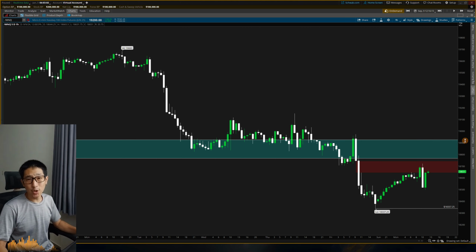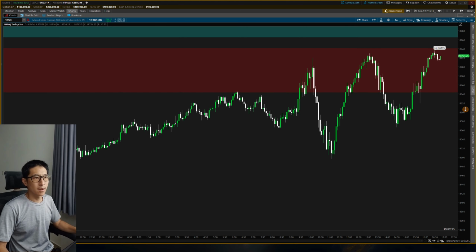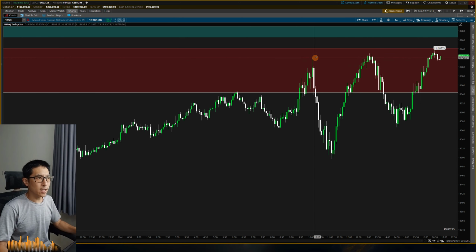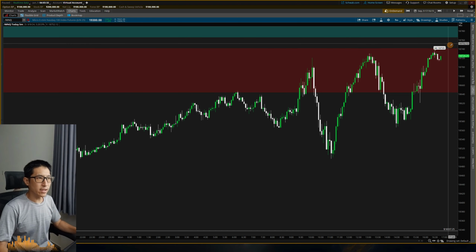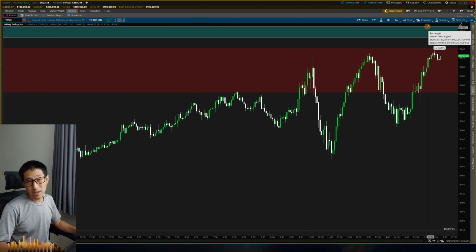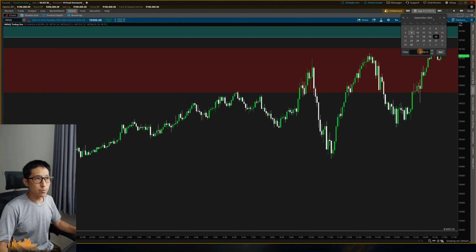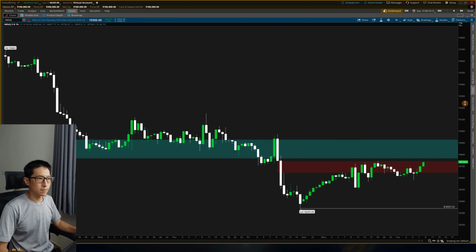Let's go ahead and take a look at the next morning. But here's just a quick look at the day's action before we go to the next day. We did rally back up and took out this high, then came back down, then came back up for this high one more time. So again, 1, 2, 3 on more of an intermediate time frame, we have a 3 drives pattern. But let's go ahead and go to tomorrow morning and see what we have in store.